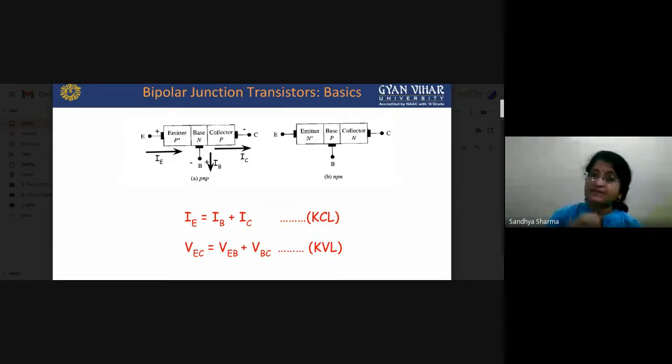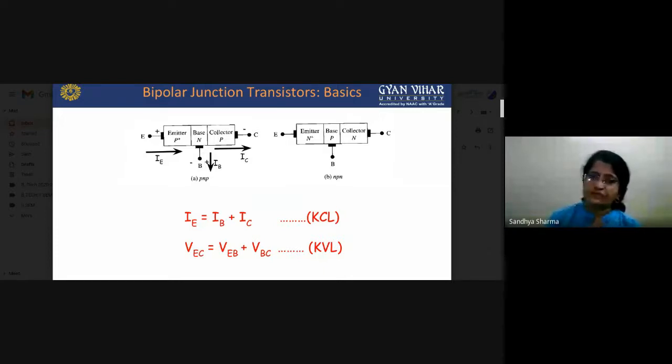Since our emitter terminal is P type, what will be the charges there? There will be holes, and these holes start moving. Since the base is N type, the majority carriers will be electrons. So what will happen at the base? Some holes recombine with the electrons, and the remaining holes reach the collector terminal. A small amount of base current remains in the base terminal. Not all holes from the emitter reach the collector terminal. Some holes are consumed or recombined with electrons. So this is the basic process.